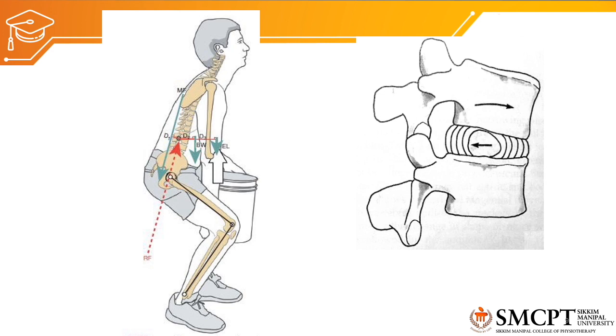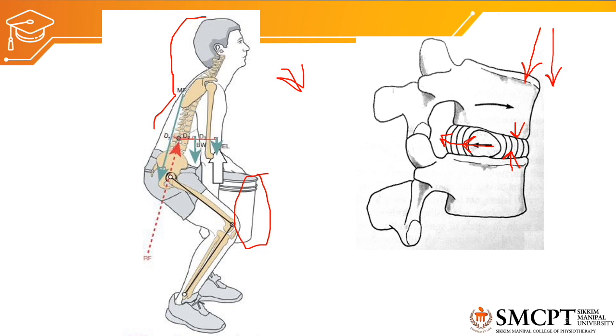Now when we add up the load which was already existing, that is the load of the upper body, and the forward flexion, it will increase the load on the anterior part of the spine. On top of that, if the person is carrying additional load, then there will be a tremendous amount of load acting on the anterior part of the vertebral spine. So there will be a huge compressive force acting on the anterior part of the intervertebral disc, due to which the nucleus pulposus will shift towards the extreme posterolateral direction. If the force is sudden on the anterior part of the vertebral spine, the nucleus pulposus may come out, tearing the annulus fibrosus. So therefore, the lumbar vertebral spine experiences the maximum amount of disc